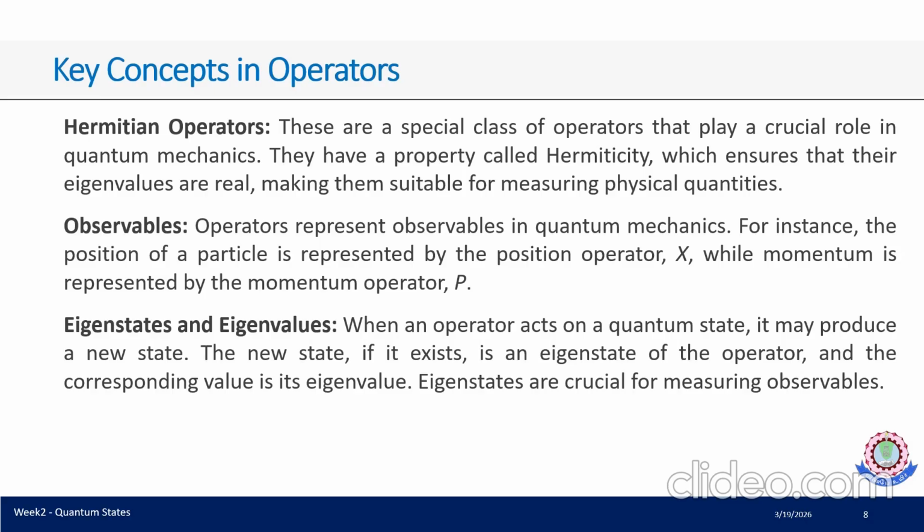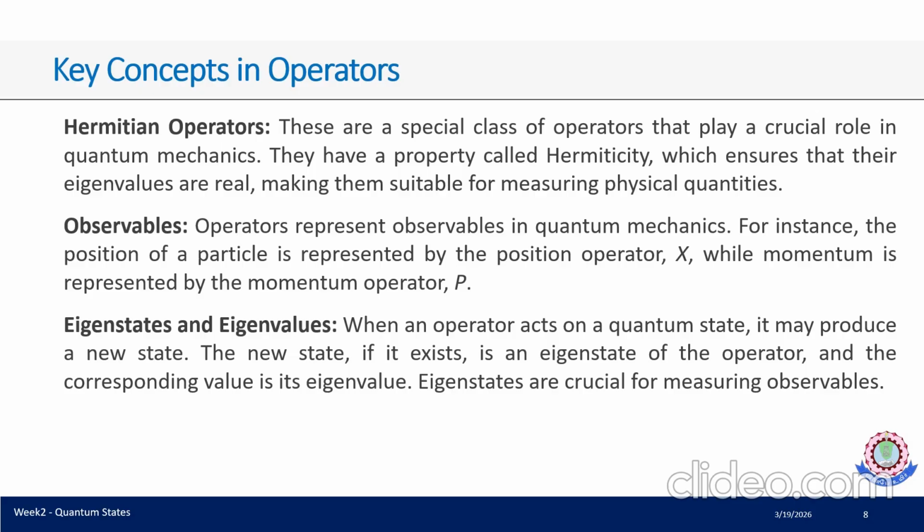Hermitian operator. These are a special class of operators that play a crucial role in quantum mechanics. They have a property called hermiticity, which ensures that their eigenvalues are real, making them suitable for measuring physical quantities, observables. Operators represent observables in quantum mechanics. For instance, the position of the particle is represented by the position operator x, while momentum is represented by the momentum operator